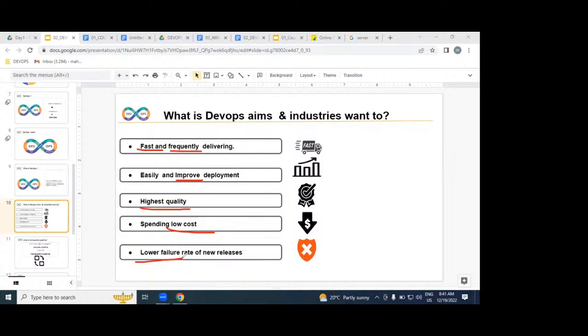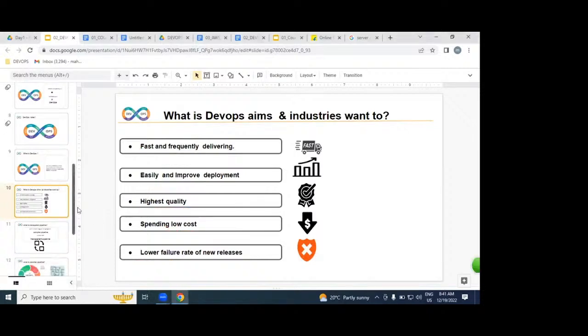Simply, speed is increased, cost is reduced, and quality is increased. Since quality is increased and cost is decreased, who wouldn't want this technology? That is the reason there is so much demand in DevOps. Understood very clearly. If you go to a shopping mall to buy Pepe jeans or any pant and shirt, and instead of 2000 rupees you get it for 200 rupees, you are happy or not? Are you saving your expenses or not? The same concept.